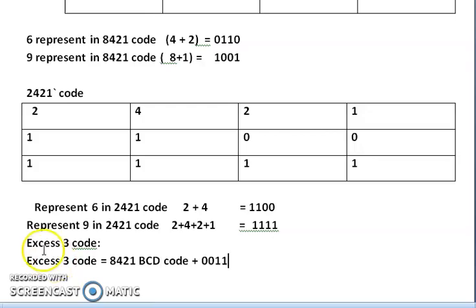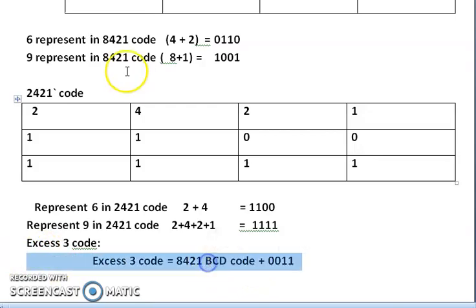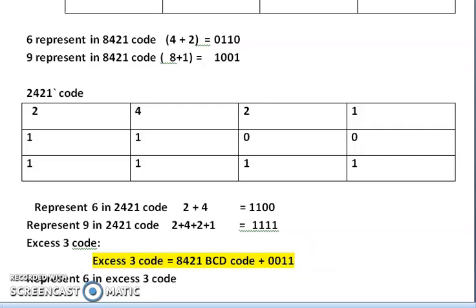You add 3, it is the formula. Any number you can add like this. For example, how to represent 6 in excess 3 code? 6 in 8421 format is 0110, plus you add 0011.